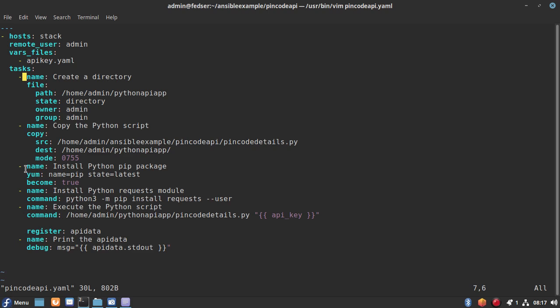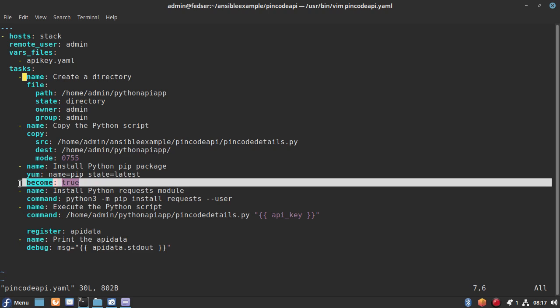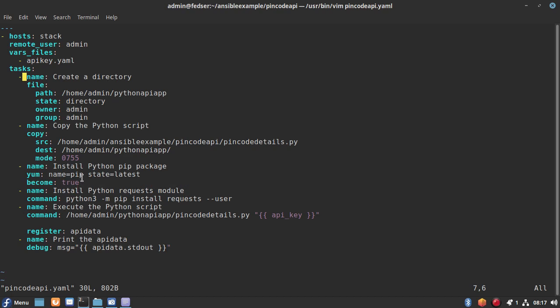So what we are doing here is making sure the pip package is getting installed on the remote node. As a first step, we are making sure the pip package is getting installed, and the state is equal to latest. Basically, it means whenever it is going to install, it is going to update the package with the latest version. This one we need to run with root user, so that is why become is equal to true has been set for this specific task.